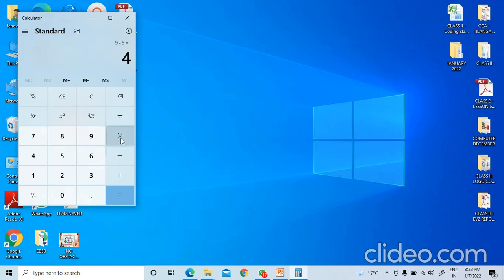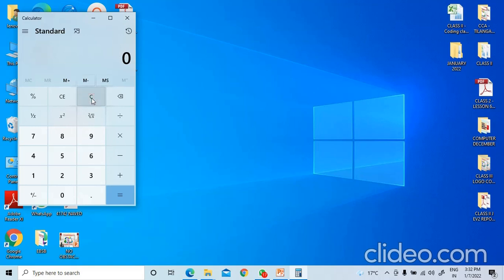Now I will tell you how to multiply and divide. So before proceeding, I will click on C to clear the screen. Suppose I want to multiply two numbers, that is 4 and 5. Click on 4, click on multiply, click on 5 and click on equal to sign to get the result, that is 5 4s are 20. Before proceeding, I will clear the display area by clicking on the C, that is clear.